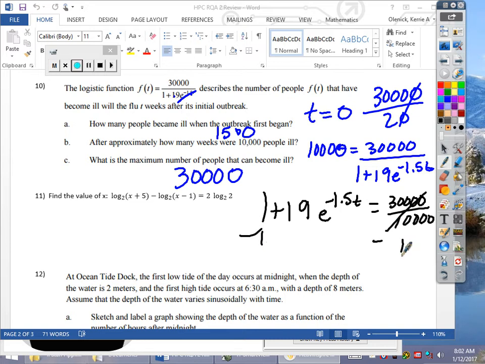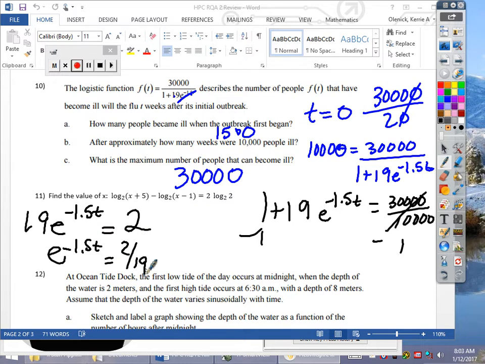Subtract 1. And I get 19e to the negative 1.5t equals 2. E to the negative 1.5t equals 2 over 19. You need to take the ln of the whole fraction, ln of 2 over 19, and then divide it by negative 1.5, and you get,